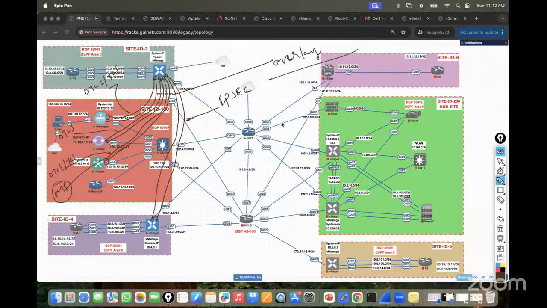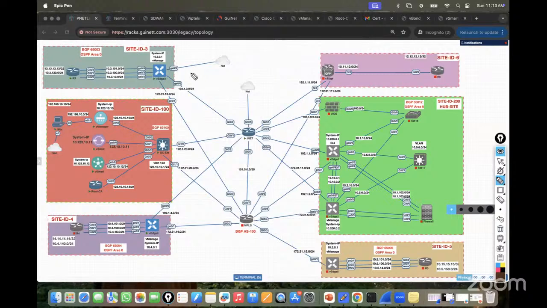Clear? These tunnels are only going to be created if we have the underlay connectivity. If you don't have the underlay connectivity, this overlay tunnel is not possible to create. All right, guys, so we have to create the underlay connectivity. How is this underlay connectivity going to be there? You can see this is my ISP where my internet link is terminating, and the same ISP is terminating on my DC switch,